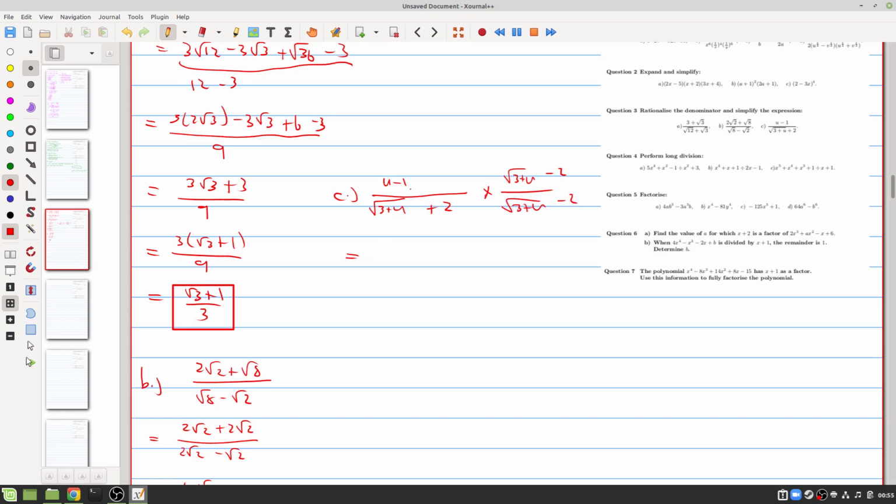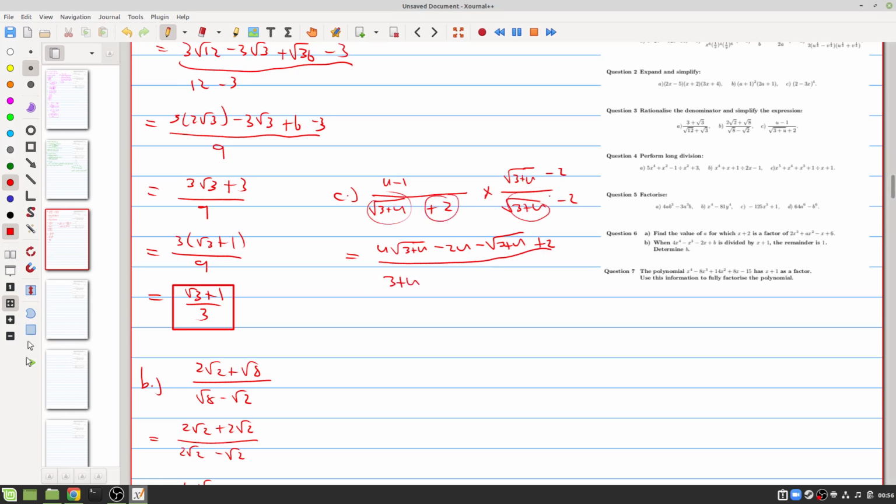So at the top, we'll get u times square root 3 plus u, and then u times negative 2, so minus 2u, then negative 1 times the square root of 3 plus u, and then negative 1 times negative 2 is positive 2, over, and then at the bottom,